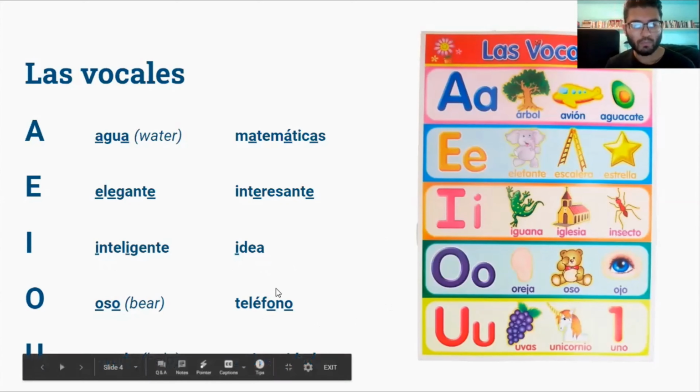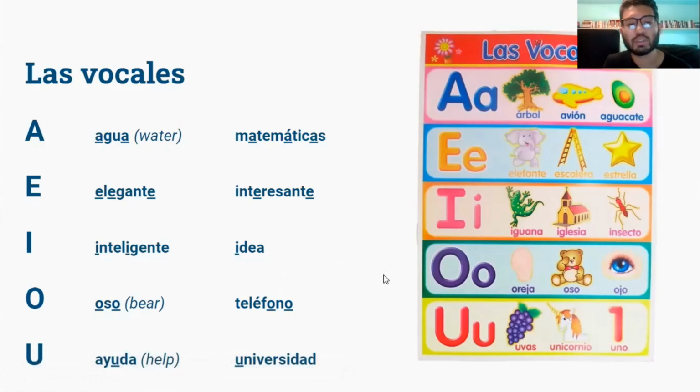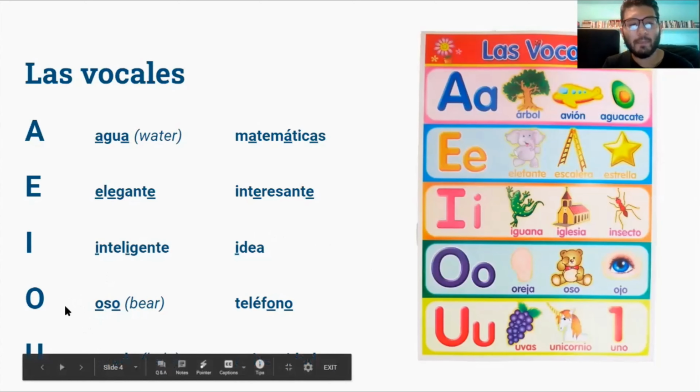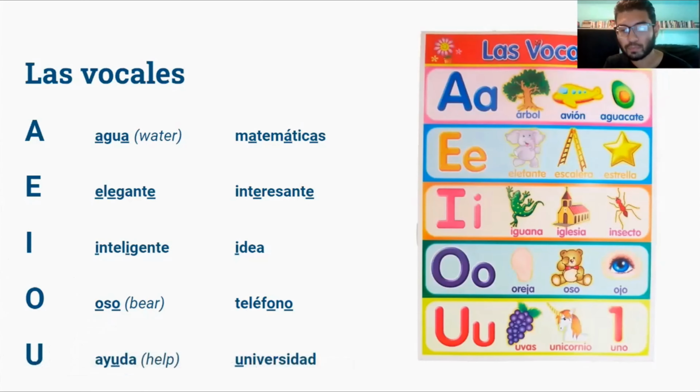And it's not a new sound, it's a sound that we have in English, but that we tend to produce sometimes with this letter, sometimes with a combination of others. Okay, next vowel, O. We see it in oso, teléfono, oreja, ojo. Again, the pronunciation doesn't change based on where the letter is located, so that's helpful. And it's not different from what we see in English, no? O,